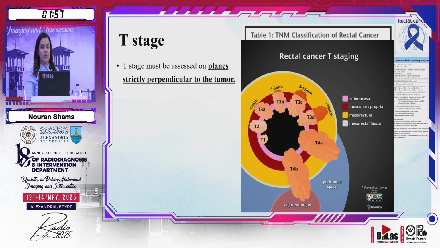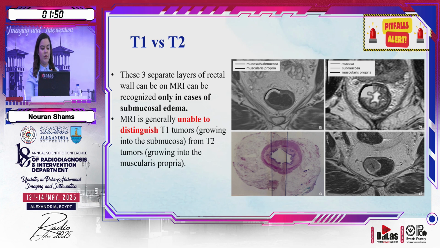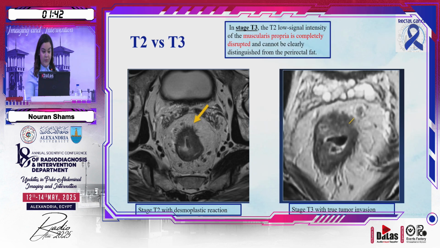The T stage is determined by the depth of invasion of the tumor into the rectal wall. Differentiating T1 from T2 tumors is not usually possible on MRI. However, it is not of huge importance because eventually they're managed in the same way surgically. The important decision to take is whether this tumor is a T2 or T3 tumor, and sometimes this decision is